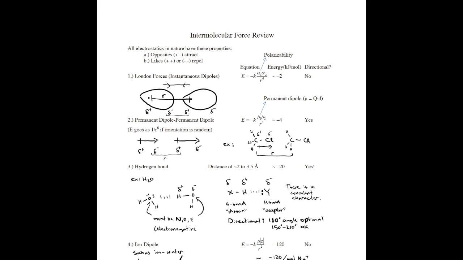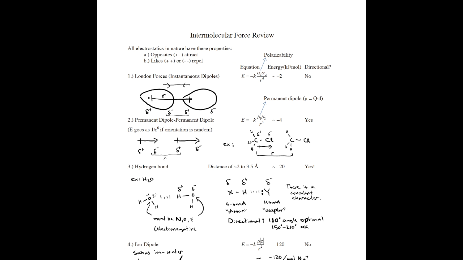So let's go through the 5 different intermolecular forces that are drawn here. And they're written in order of weakest, London forces are the weakest, to strongest, which are ion-ion. So let's start up here. And the first thing that you'll know is that they have opposites being attracted. Here's a minus charge and here's a plus charge, just like up here, and they're attracted to each other. Okay, so